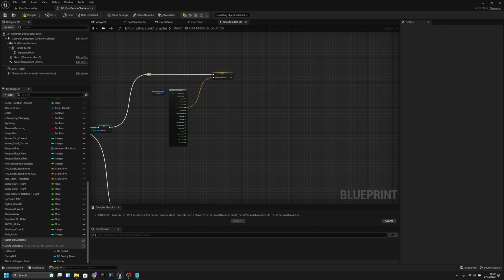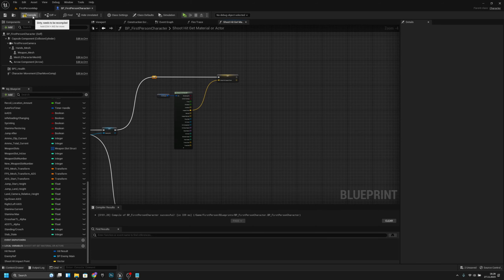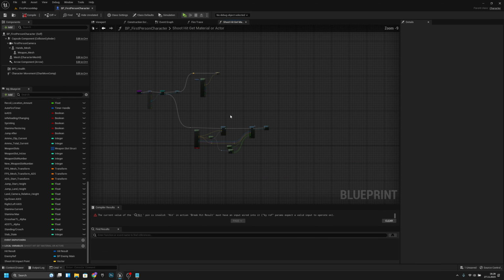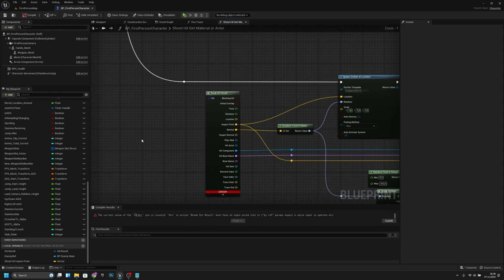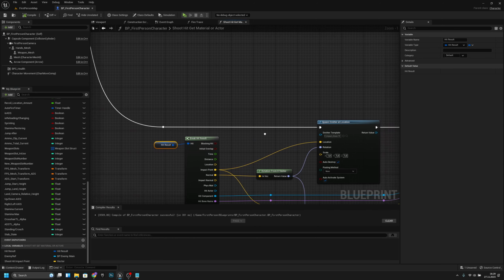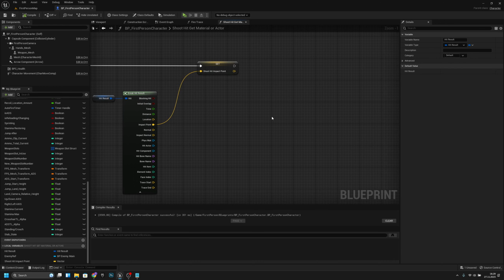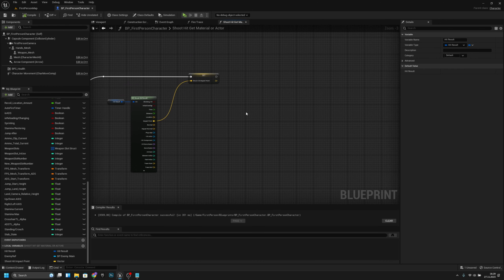Next thing, we actually compile and save. Oh, what is the problem here? Error. Oh, sorry. We have to connect this hit result also to here. And now it should be fixed. Okay. And the next thing we want to do is